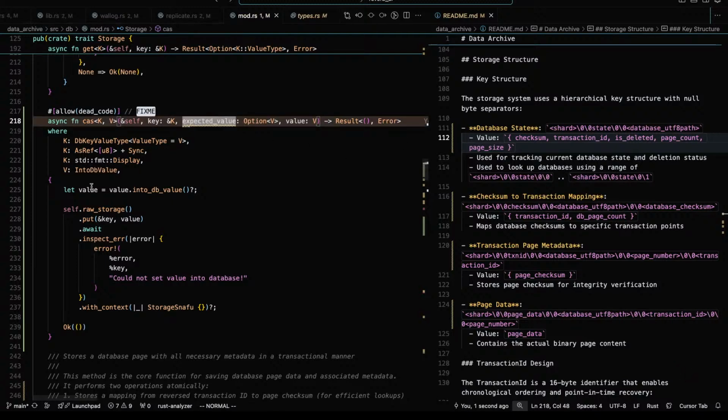That's correct. Value into DB value. Yes. Yes, this is also an option, isn't it? So we'll see. So what if you wanted to unset something?